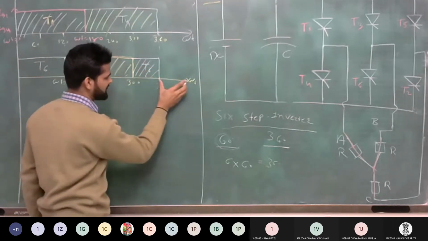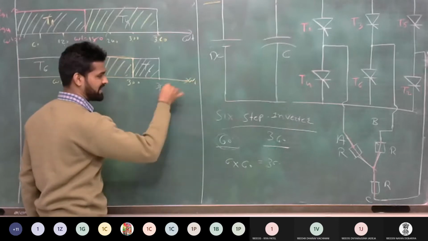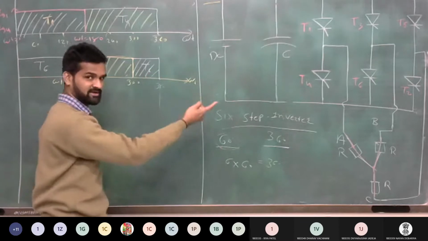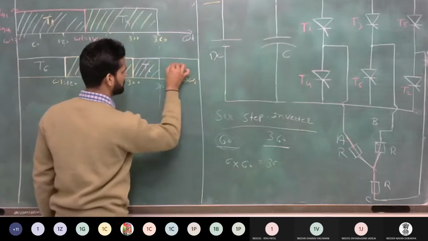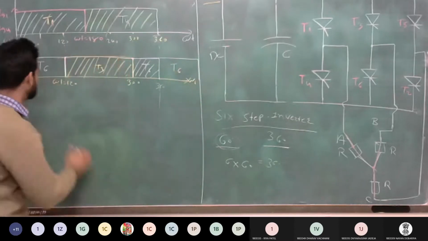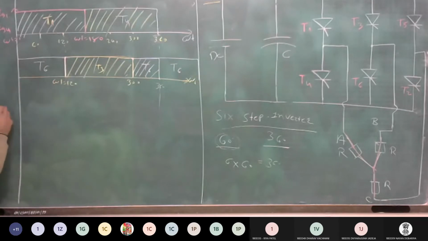So after that, in the next cycle, after 360 degree, for an extra 120 degree, your thyristor T6 will again conduct. So it continuously conducts for 180 degree duration. Okay. So this is only one half part, the 120 degree part of conduction of T6. In its previous cycle, the rest of the 60 degree is already conducted. Clear? But here we start the waveform from t is equal to 0.